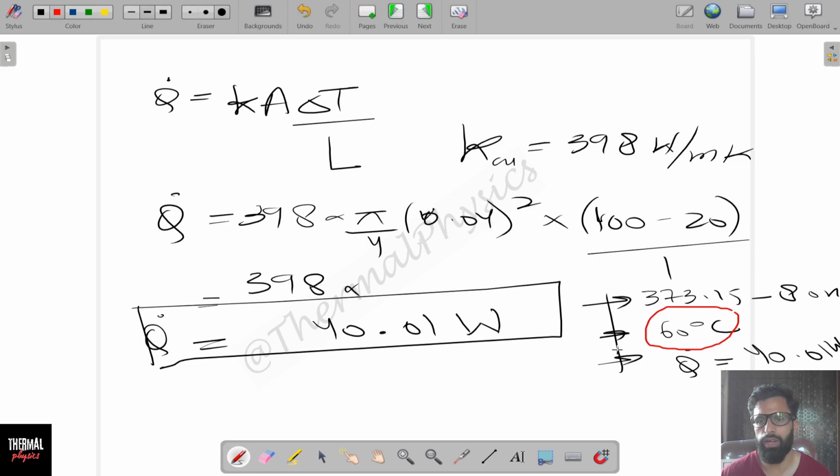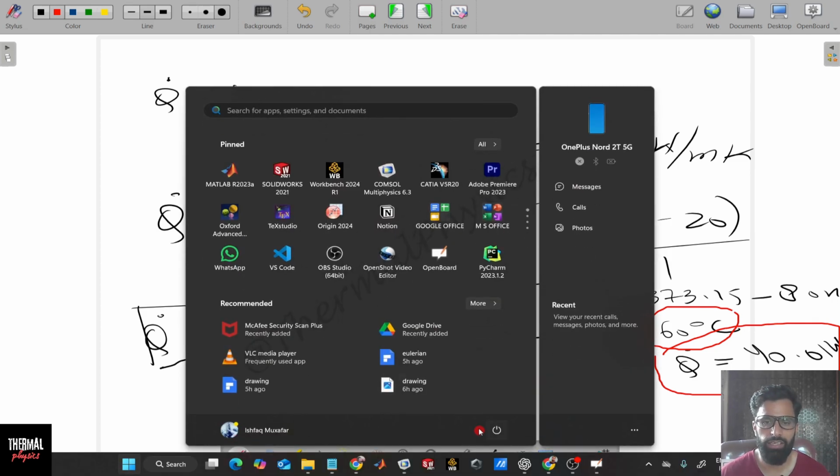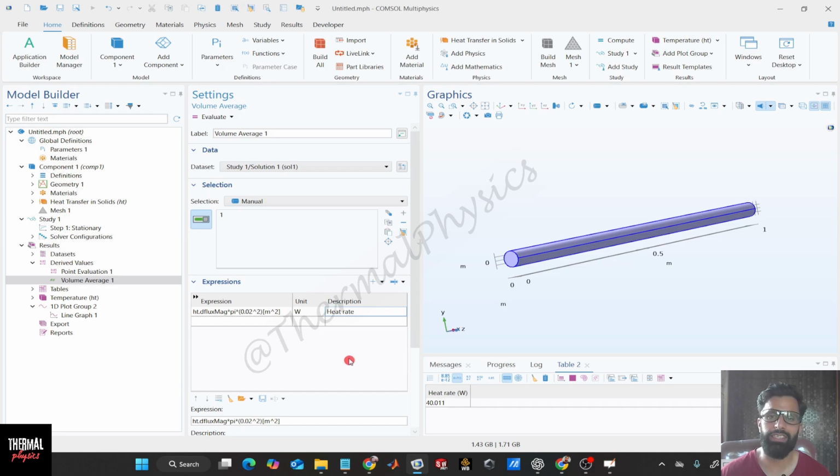If we compare it with this value, here we have 40.011 watt exactly, which means 100% accuracy, exact answer, no error at all for these basic problems. So this is how powerful COMSOL Multiphysics is, and this is what we can do with it. We can calculate this within a couple of minutes for these simple problems. As the problem gets complicated, it will take more and more time, but what would otherwise take hours or days to solve, using this numerical simulation software would take minutes or hours at most, depending upon the performance of